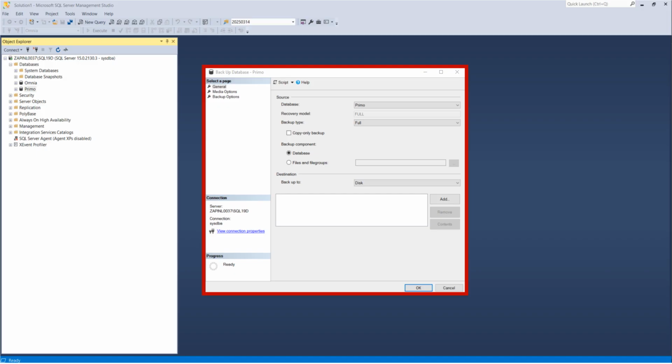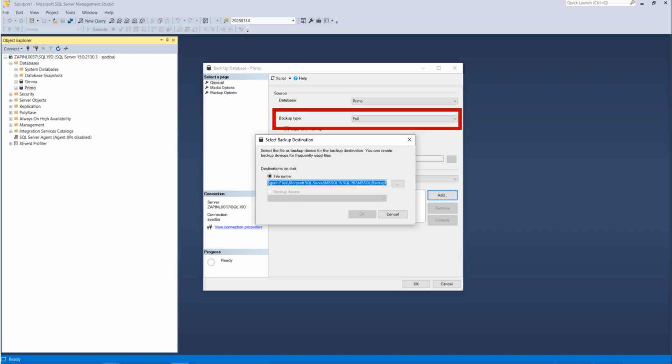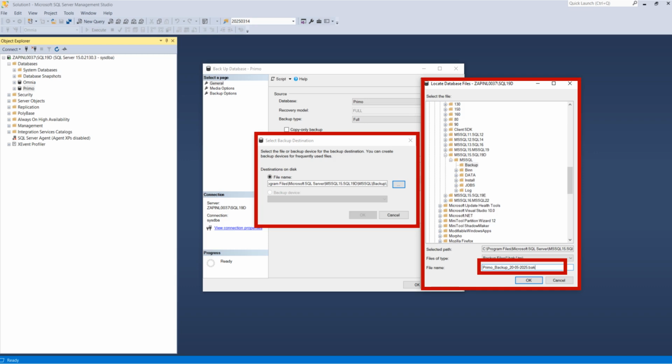This will open the Backup Database window. Ensure backup type is set to full if you want a complete backup. Leave the backup component as Database. Under Destination, by default, it should be set to Disk. Click the Add button, then select a path, provide an identifiable name for your backup file, then click OK to